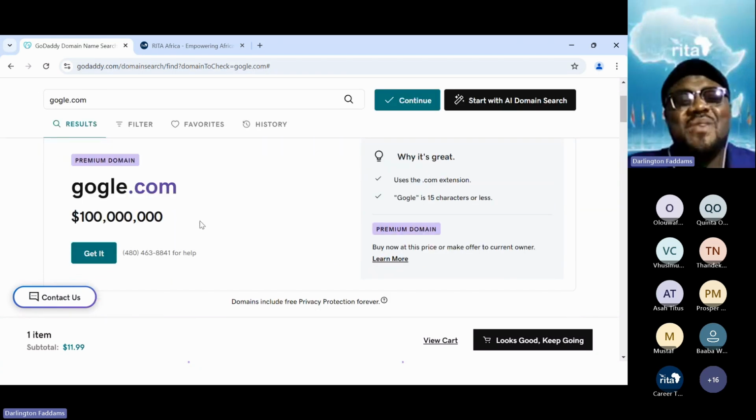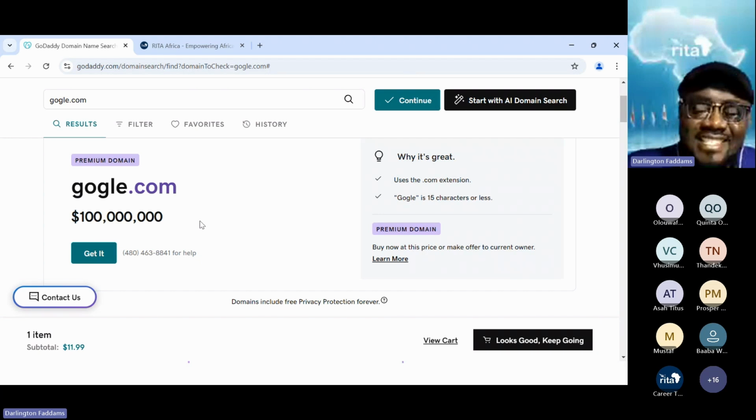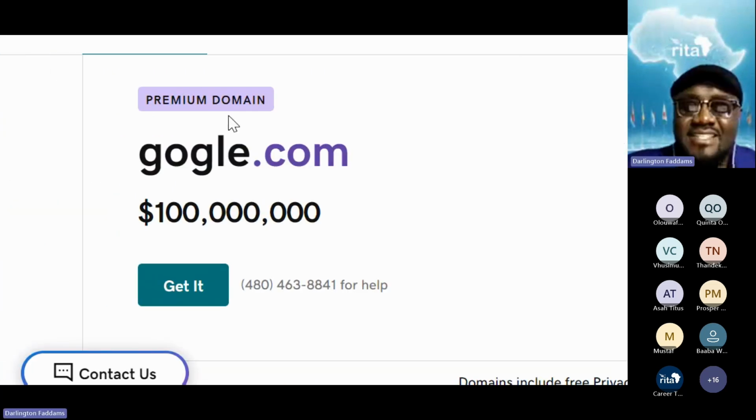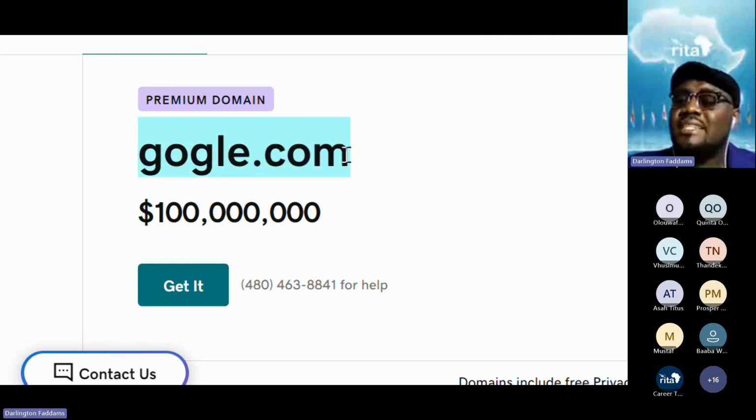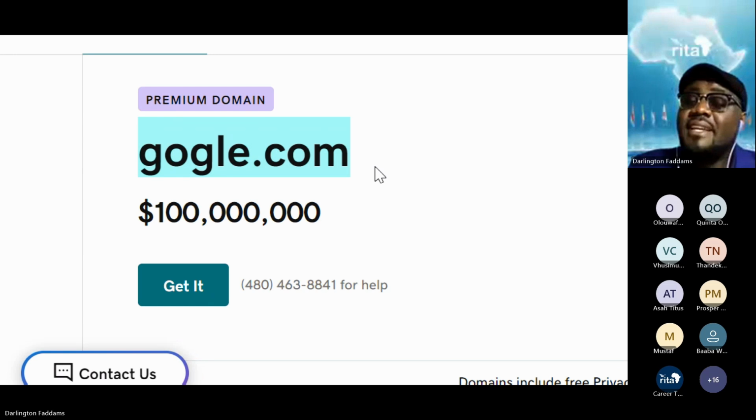So over here, what this means is that whoever registered this... some years ago, I saw that Google owned this. I saw it because I've done this training several times and we've done the same searching several times. This means that it is possible for you to forget to renew your name. It can happen.